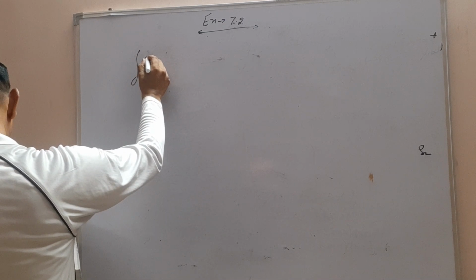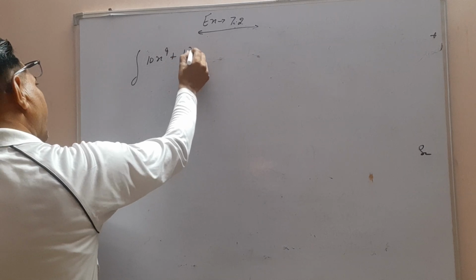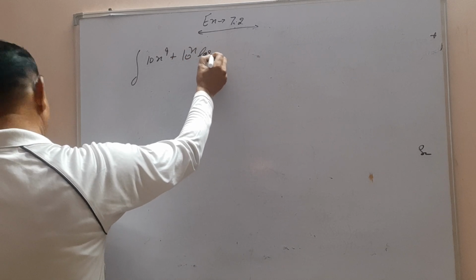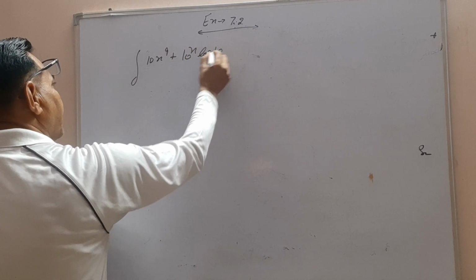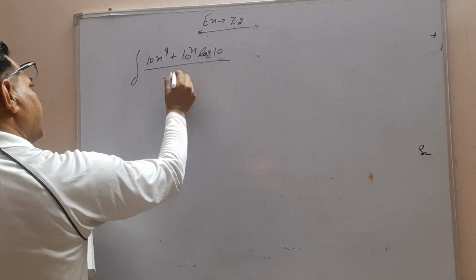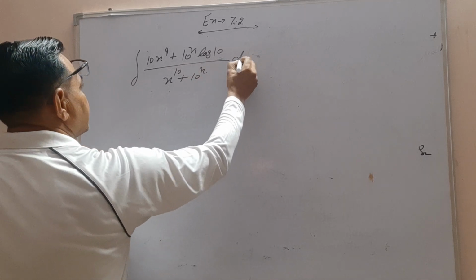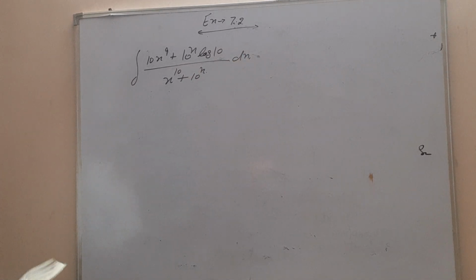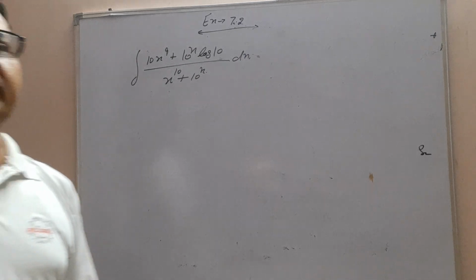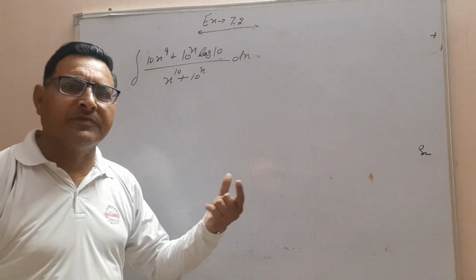The integration of tan x power 9 plus tan power x, into log of 10, upon x power 10 plus 10 power x, into dx. This is an MCQ question, but I am not giving you the options. You have to solve this. So how will we solve this type of question? First of all, always